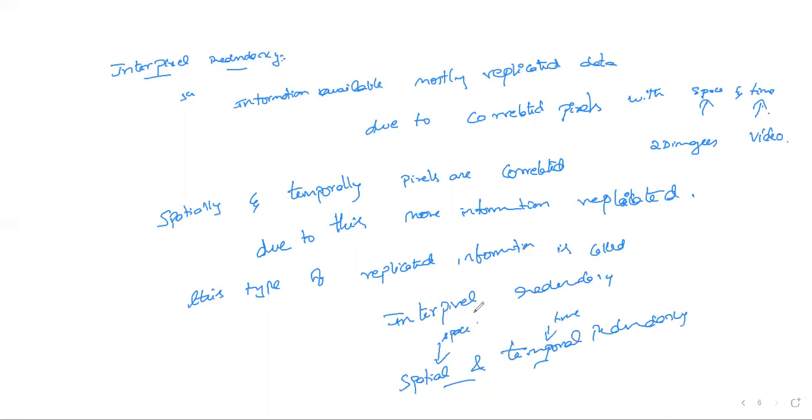So we call it interpixel redundancy, or spatial and temporal redundancy. The removal method of spatial and temporal redundancy is